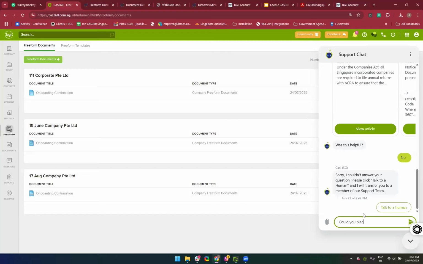Could you please generate a custom report with these categories, like name, UEN, FYE from 31st March, and so on. You can simply ask for these requests, particularly because these are much more custom requests